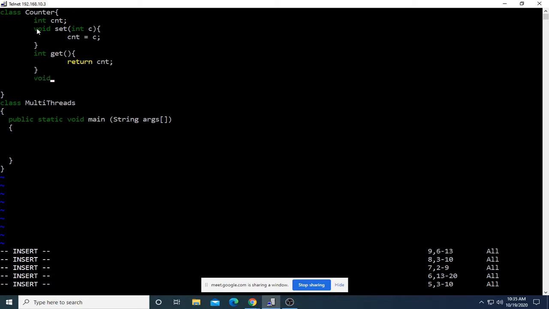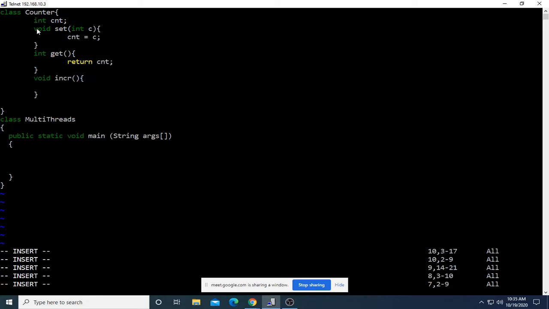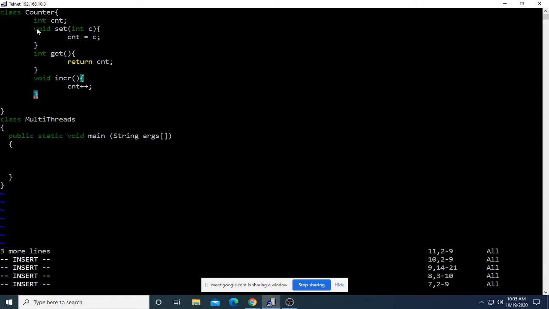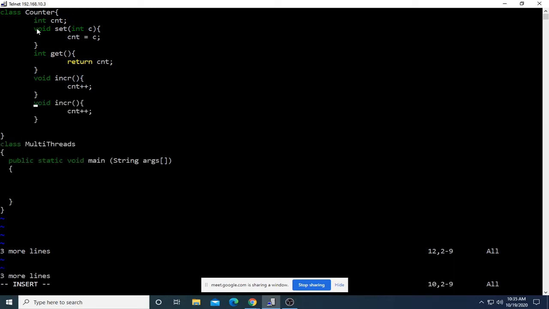Two more methods: one to increment, with one statement within this method, and one more method to decrement it. So this class counter has one instance variable and 4 instance methods.